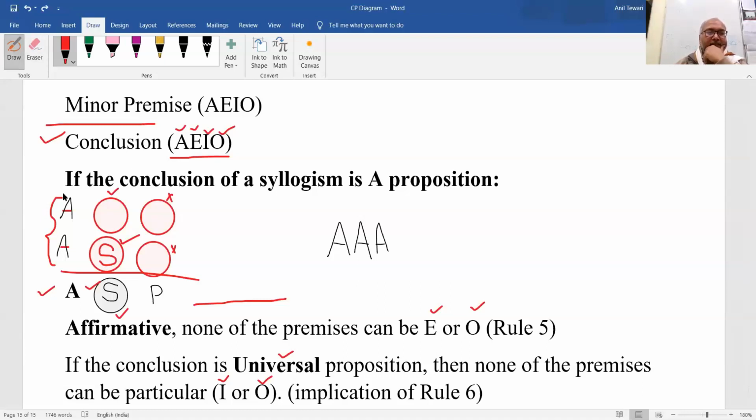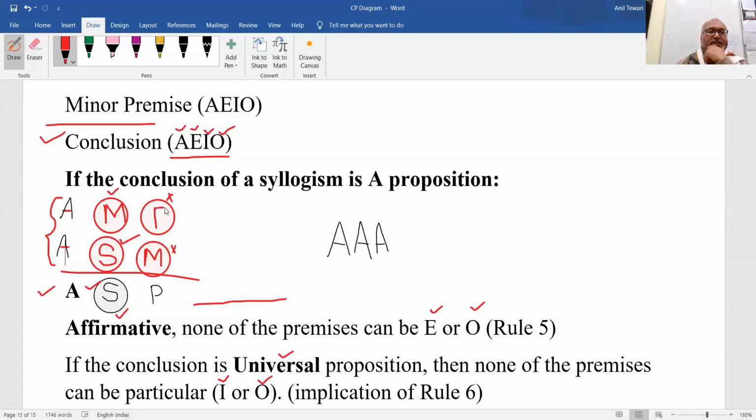Similarly, in the major premise, now there is no possibility in A for distribution of middle term. That means middle term will be here. If subject you are forced to keep subject here, therefore middle can be put here only. Now again come to the distribution of middle term. So this proposition can distribute only middle term here. If you place middle term as the place of predicate, it will not distribute. So you require distribution of middle term once. So you have to put it here. And then what is left?